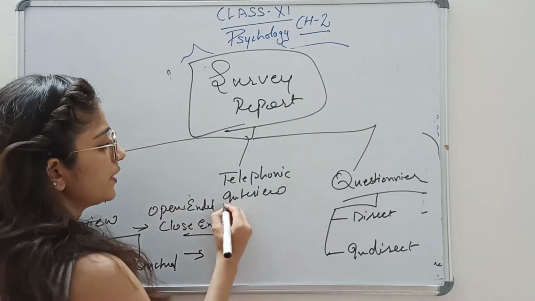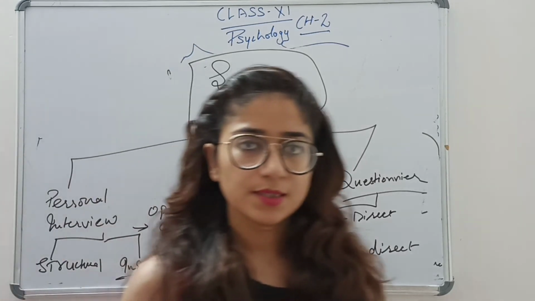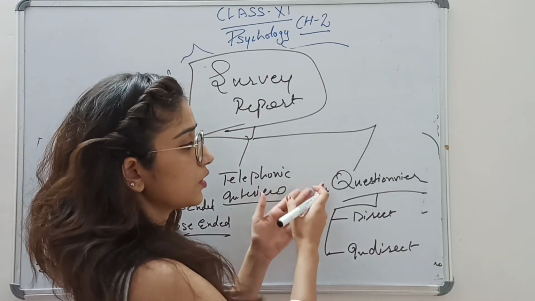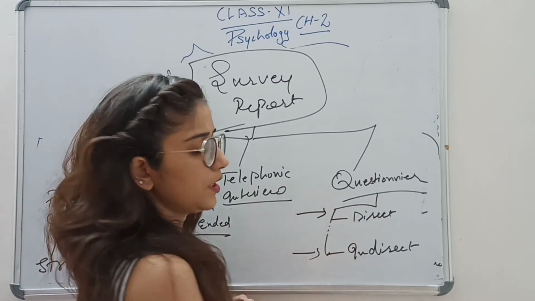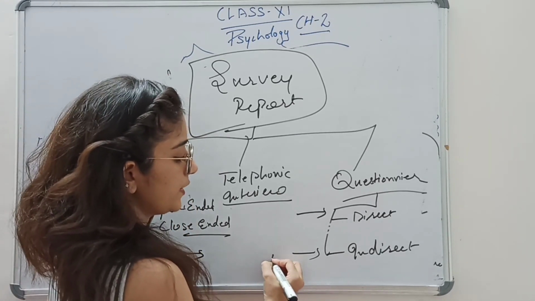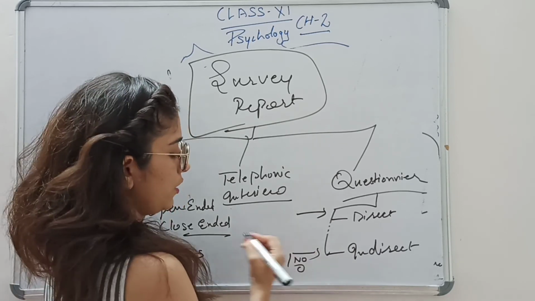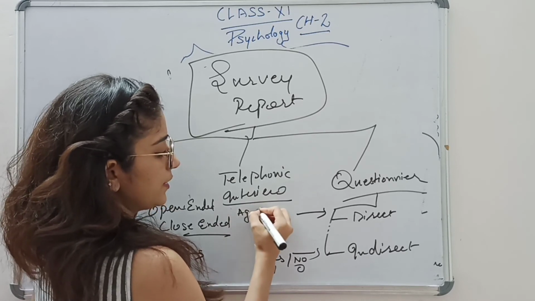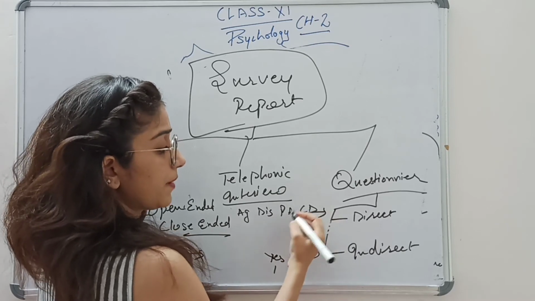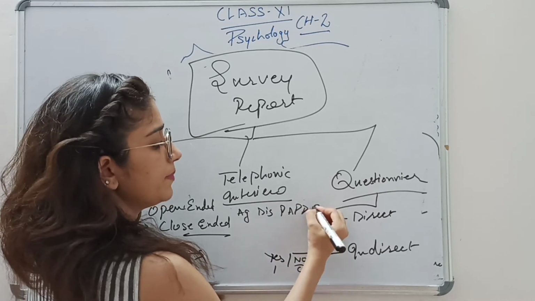Okay. Now, telephonic interview. You are called by another person, and he is going to ask you some questions which you have to answer. Then comes the questionnaire. They may be direct questions, they may be indirect questions. In this also you get types and scales. The scale will be yes or no, in which you may get 1 or 0 marks, or the question may be agree, disagree, partially agree, completely disagree or partially disagree.